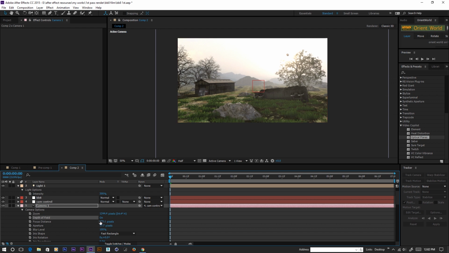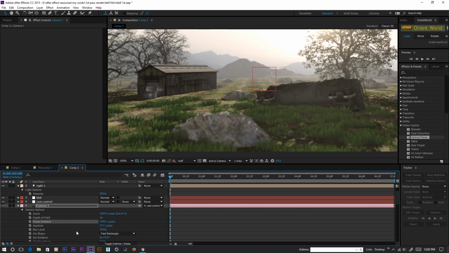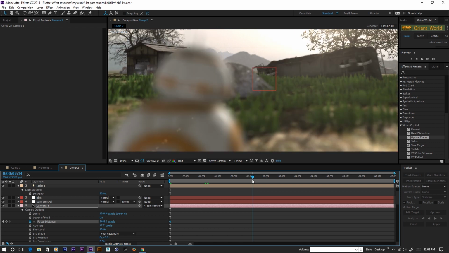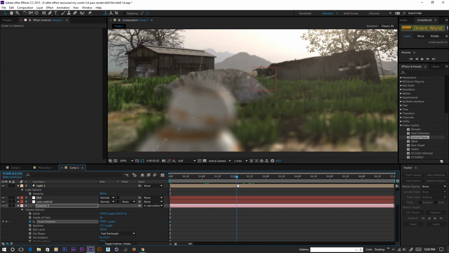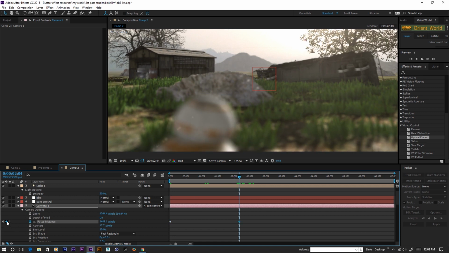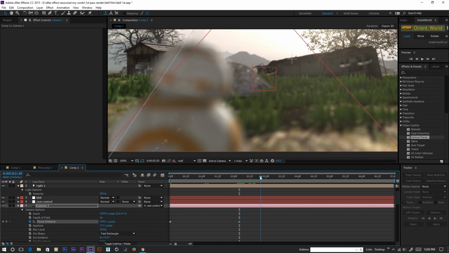First set the focus to the house here, and make a keyframe, and when the character appears, make a keyframe, and when it totally appears,